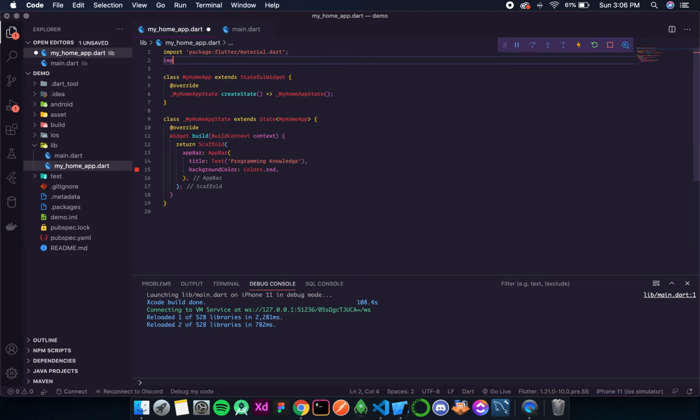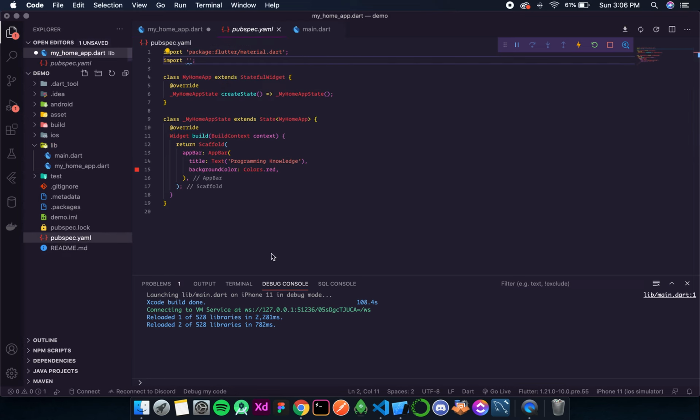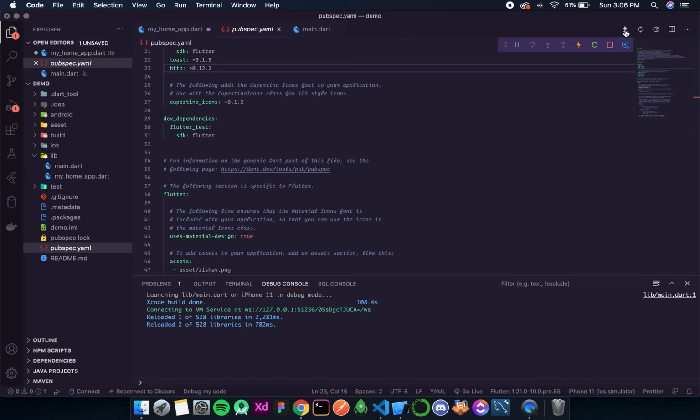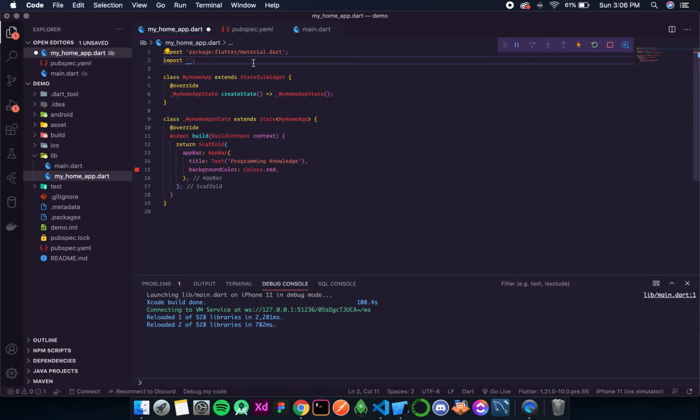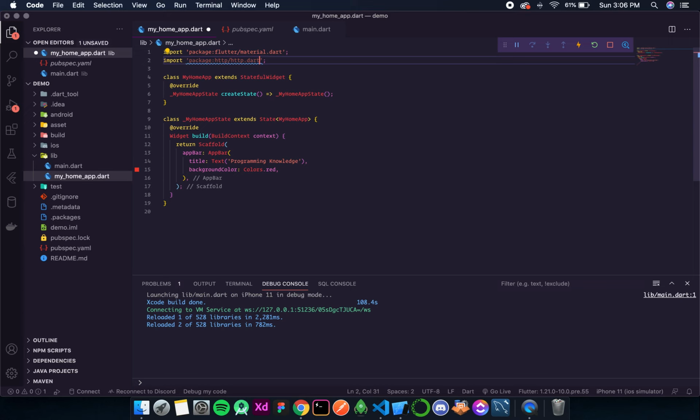First we need to import HTTP. Okay, so it is not showing over here. That means it has not installed correctly. I need to run pub get again. So I'll do that. We have a icon over here in VS Code. Okay, so once that is done, now over here if I type import then HTTP, so we can see http/http dot.